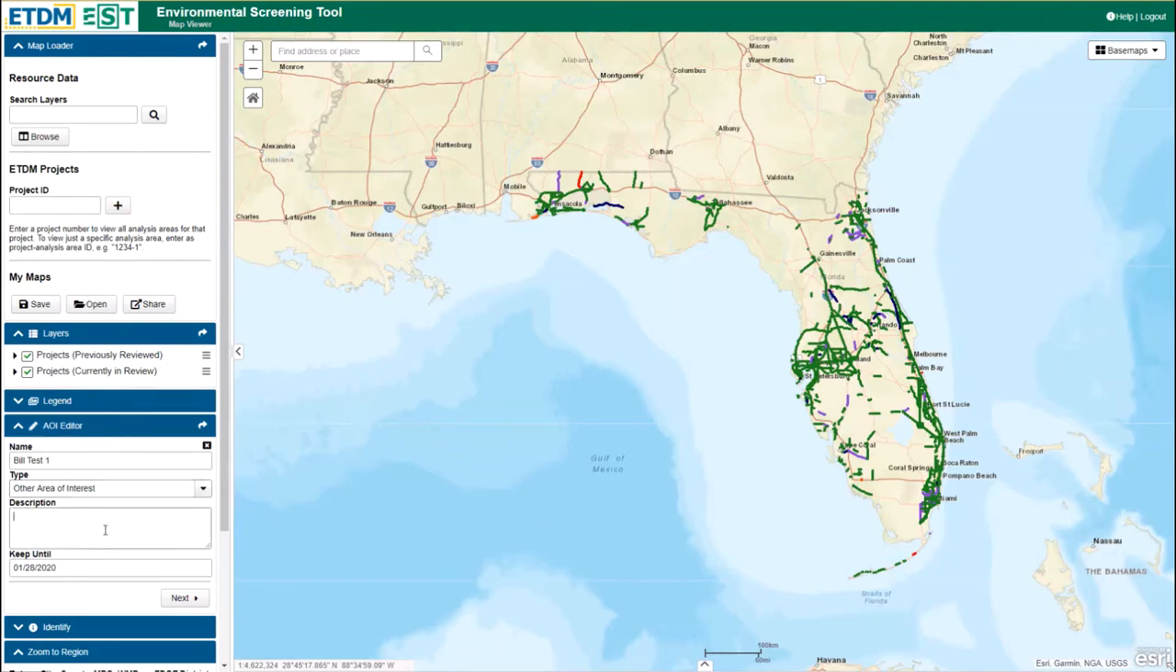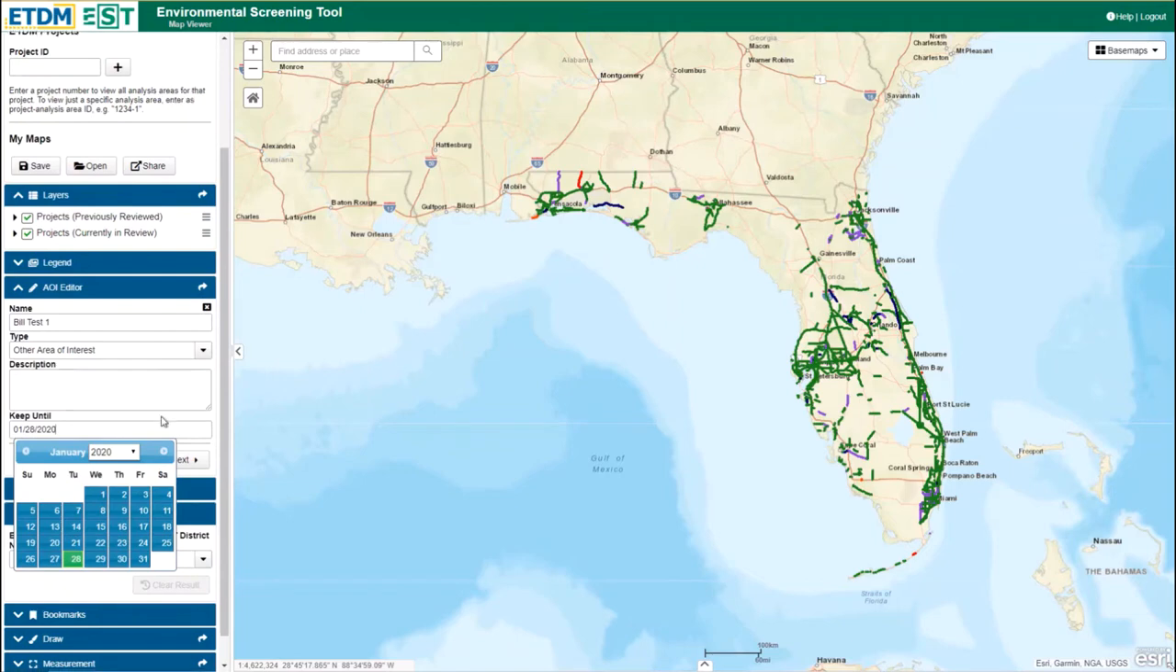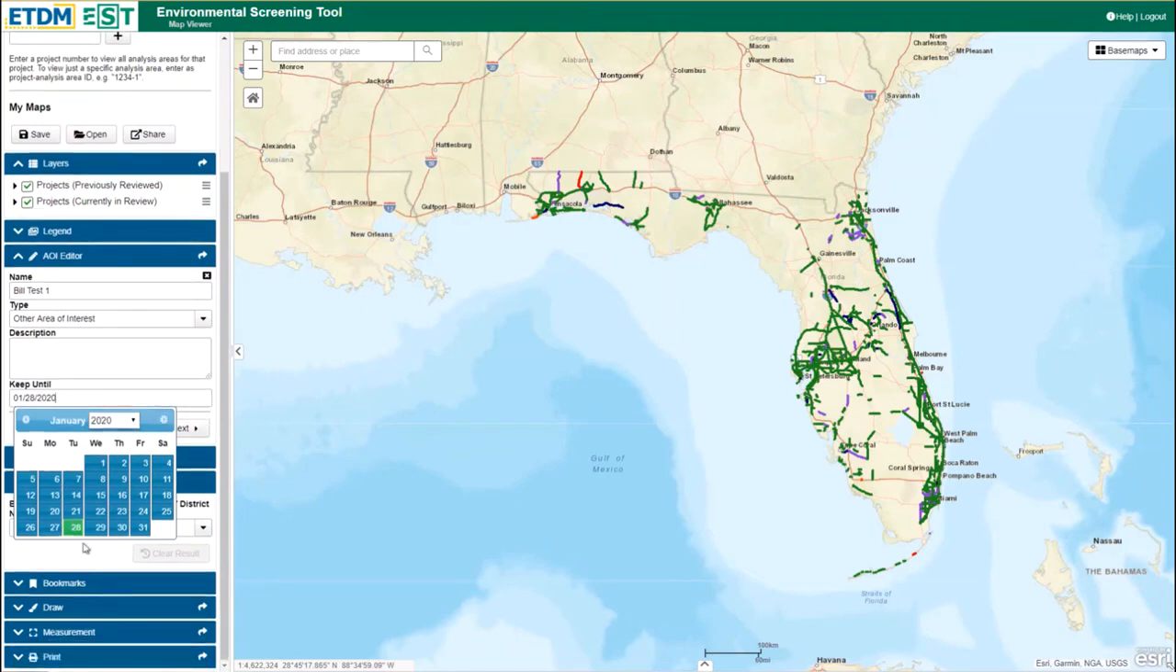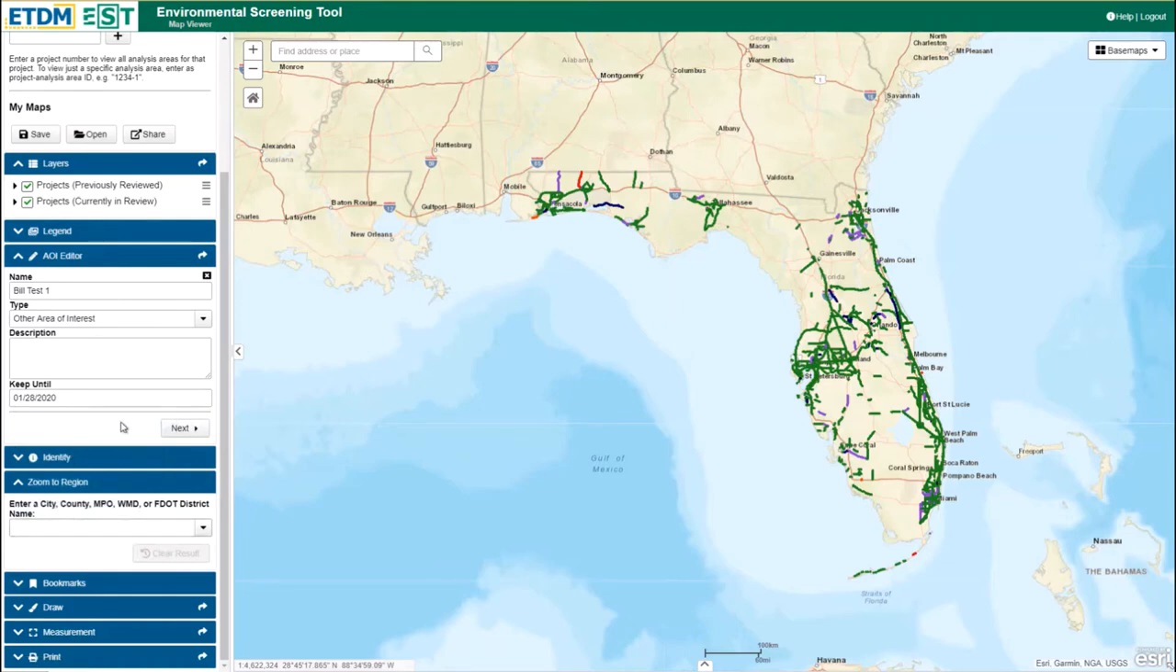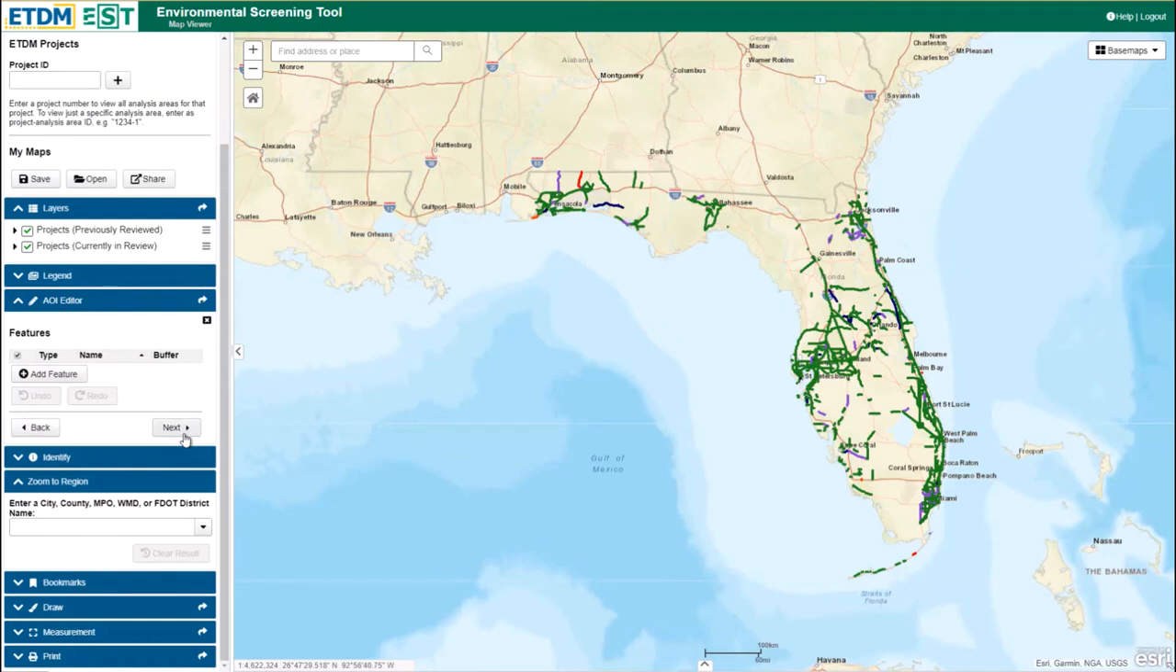The description is optional. Keep Until specifies how long it will take before the AOI expires. We keep them by default for 1 month. Once they're expired, they're still in the system, but they don't show up in the list by default. That's just to help keep things from getting too cluttered over time. I'm going to keep the default and click the Next button to get to the main interface for listing out